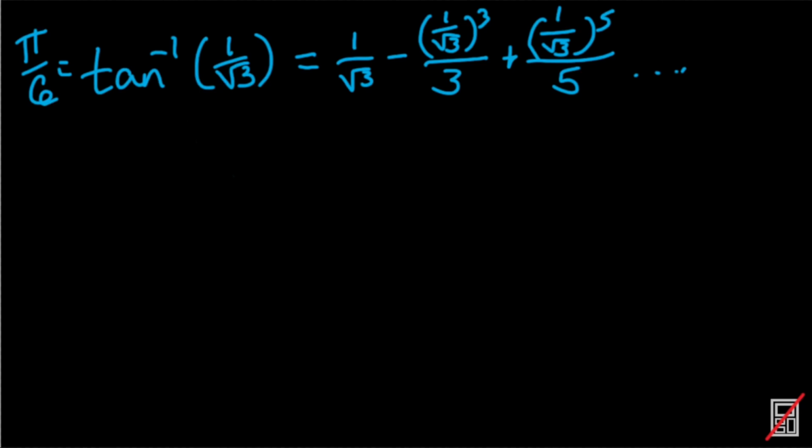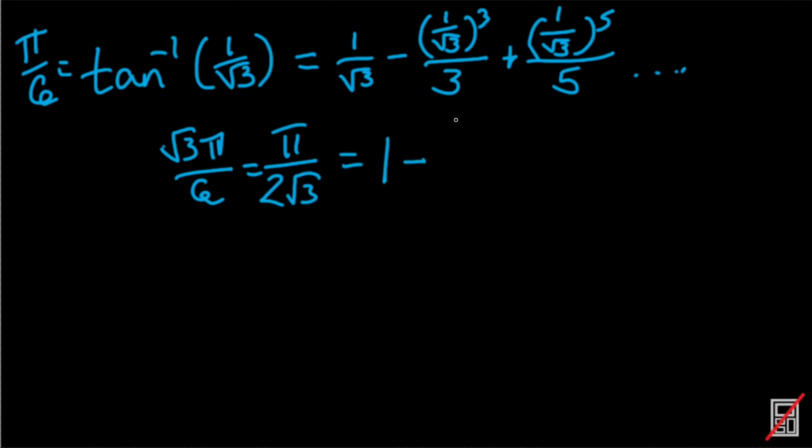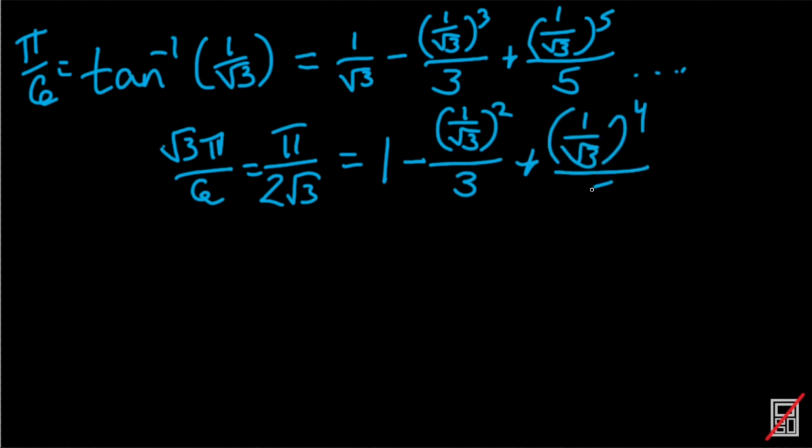Now we can rearrange this a little bit by multiplying by the square root of 3, and we get root 3 pi over 6, which can be rearranged to pi over 2 root 3, which is just easier to calculate. And this is 1 minus 1 over root 3 squared over 3 plus 1 over root 3 to the 4th over 5, and so on,